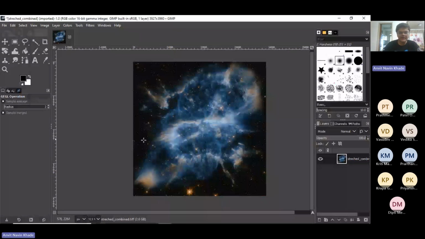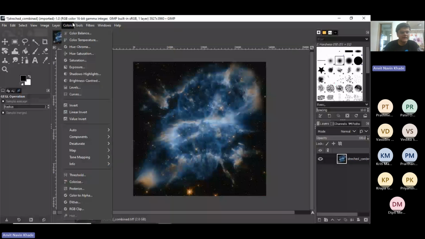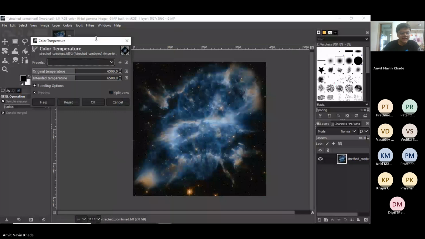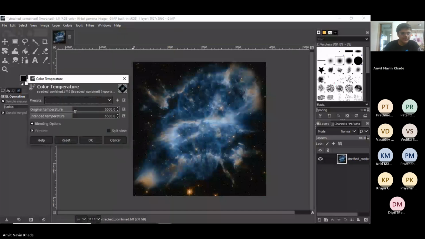But we want the effects to be a bit more. We'll go ahead and repeat color balance once again, but we can change the color temperature. So the image is a bit more cool. So we can change the temperature a bit warmer, and this looks better. So you can see the background is also getting shifted to orange, but for this you want